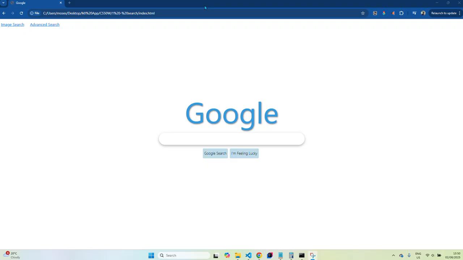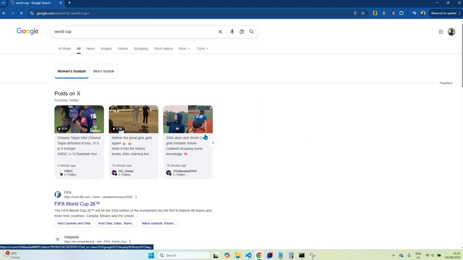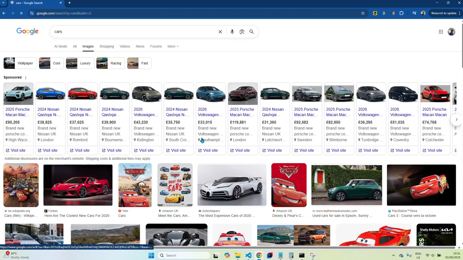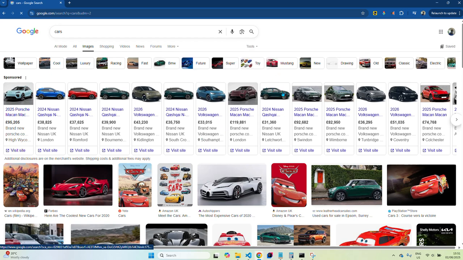Further, our specification requires us to be able to query with text on the Google index page, which we can do by searching, for example, World Cup. And we will be taken to the search results of the World Cup, as well as searching with Google Images, querying with something like cars. And then we are given search results based on cars, but these search results are images because we're using the